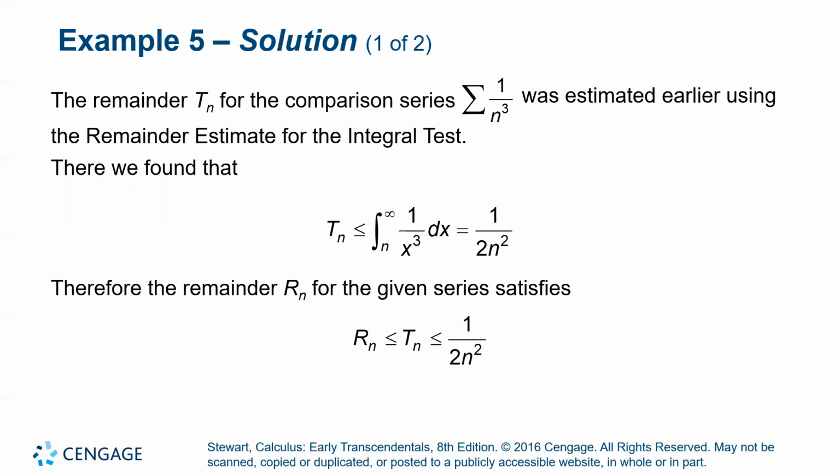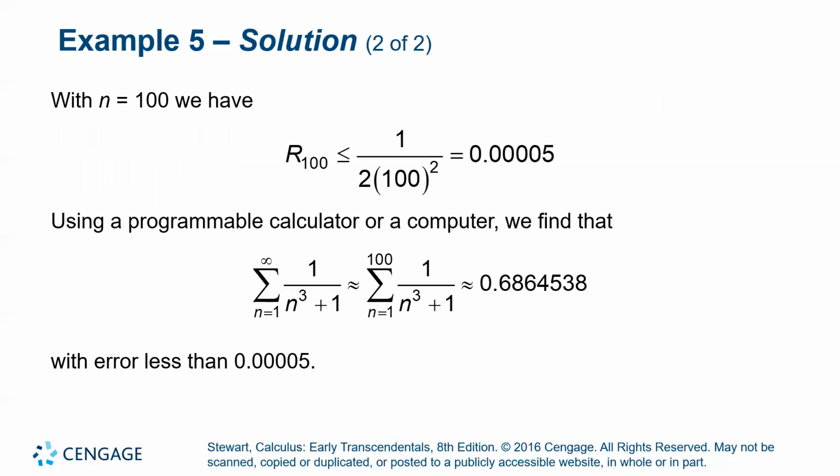So what's the remainder? Well, the remainder for the comparison series, Tn, was estimated earlier using the remainder estimate for the integral test to be 1 over 2n squared. We did this in section 11.3. Therefore, the remainder for our series is also less than or equal to that value because it's less than or equal to Tn. So that gives us a bound, 1 over 2n squared. When n is 100, we have that our remainder, R100, would be less than or equal to 1 over 2n squared, which works out to be